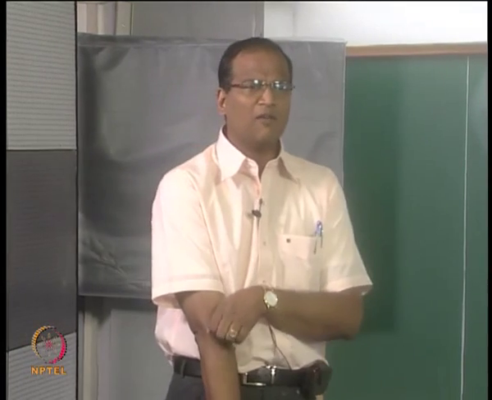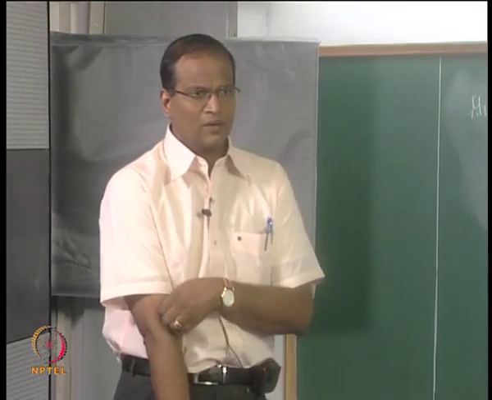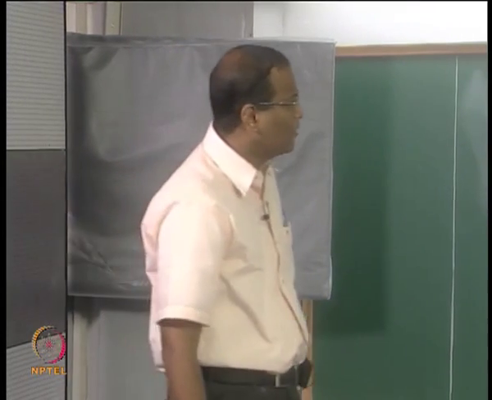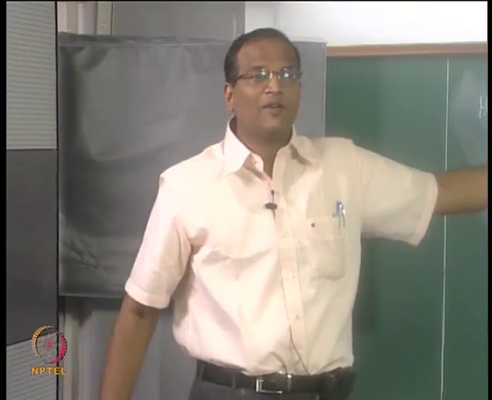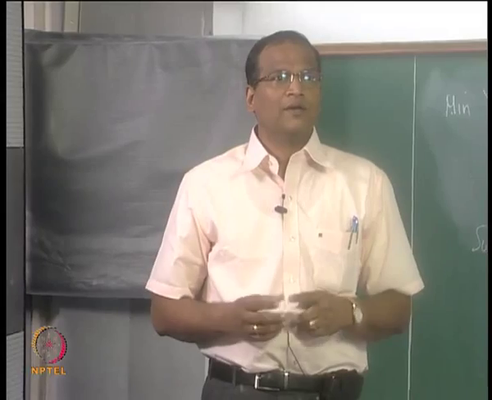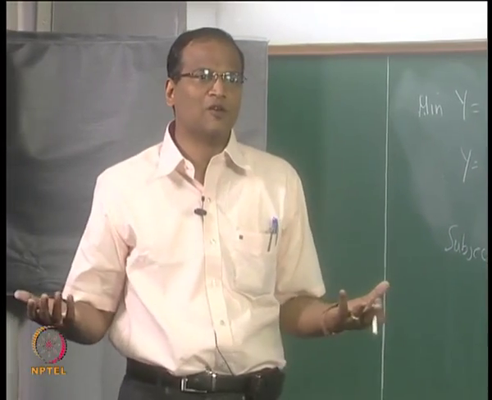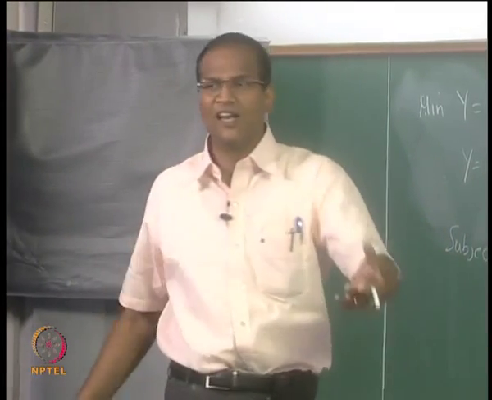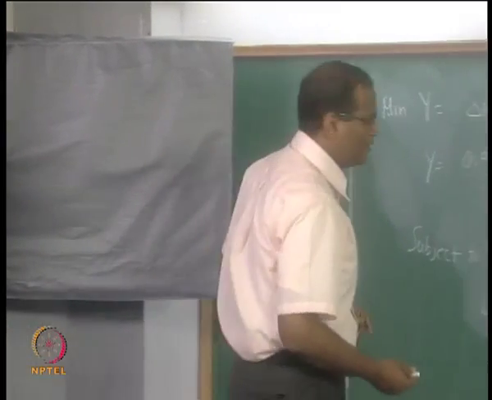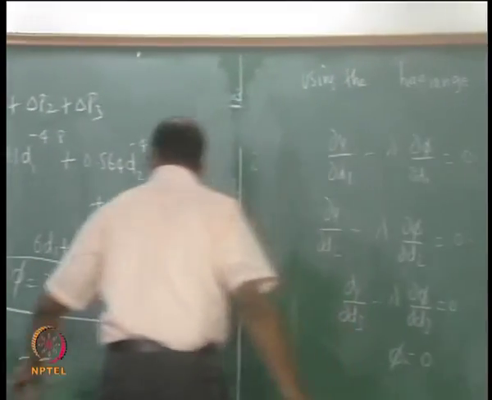So lambda can be negative, no? Lambda is unrestricted in sign. You assume lambda is negative, therefore the root is possible and all that. Don't worry about it. How many unknowns are there? 4 unknowns. At first sight you will feel it's not solvable, but actually the resulting Lagrange multiplier equations are pretty straightforward, very simple. You can solve, right? So shall we do that?